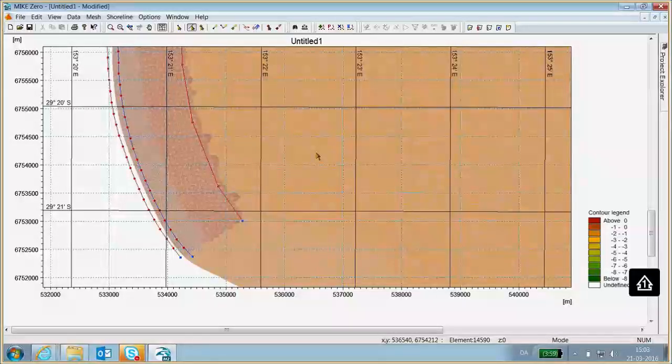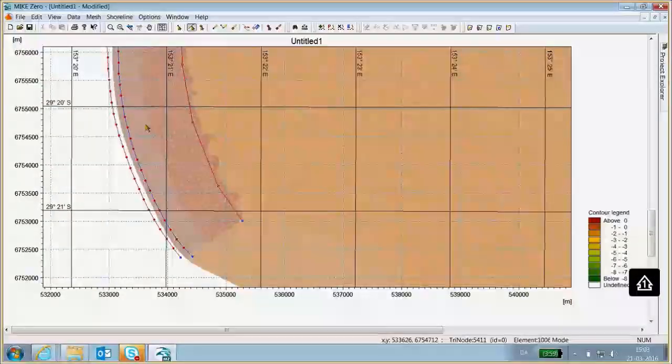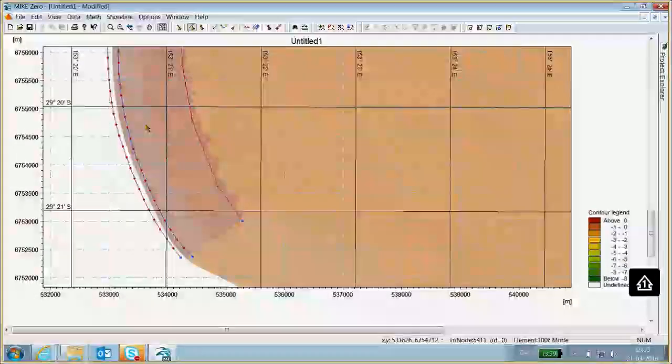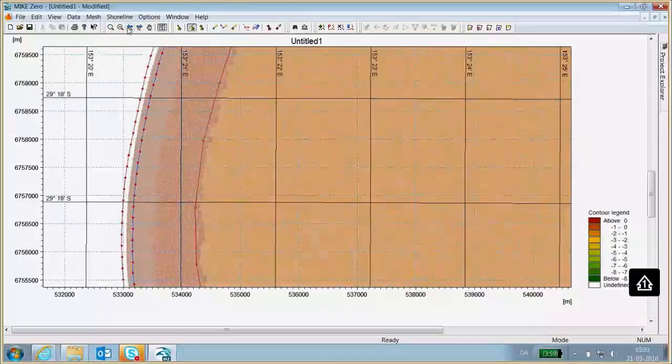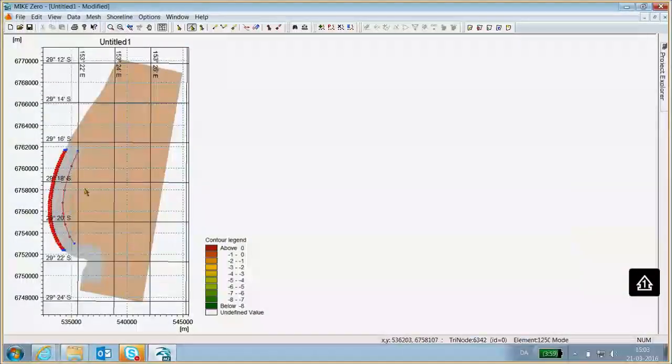is the coastal profile. So the coastal profile in the present case is just a constant coastal profile all the way along the shoreline. That's of course because this is an idealized case and it's the simplest to set up and also simplest to analyze the results from.